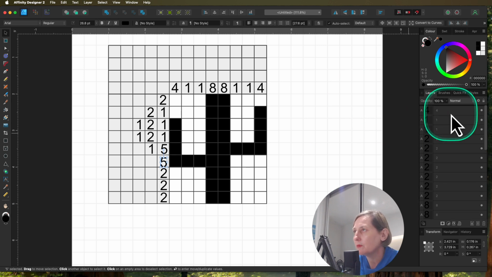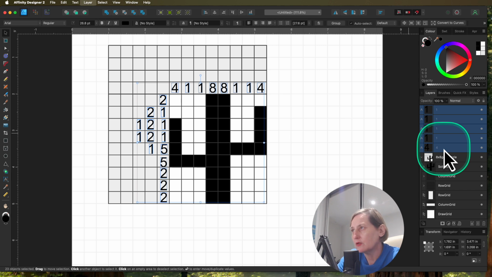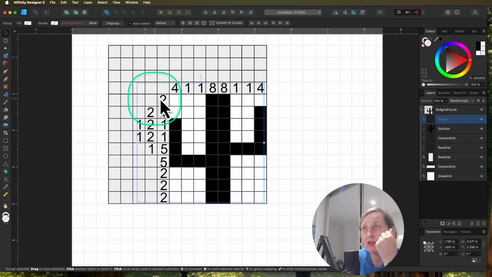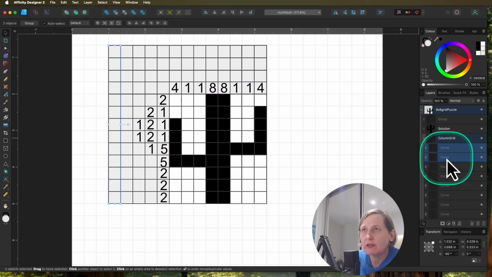So I'm going to go up and I'm going to group all of these numbers here. So it's a group. And I want to put them inside that puzzle there. Now what I can do is tidy up and actually get rid of all these extra lines if you want to make it neat. And the way you do that is just go into columns here and then tap to find out where those extra lines are. And you can click there. So it's just those 2. And instead of deleting them, just take the visual off so that they are no longer visible,